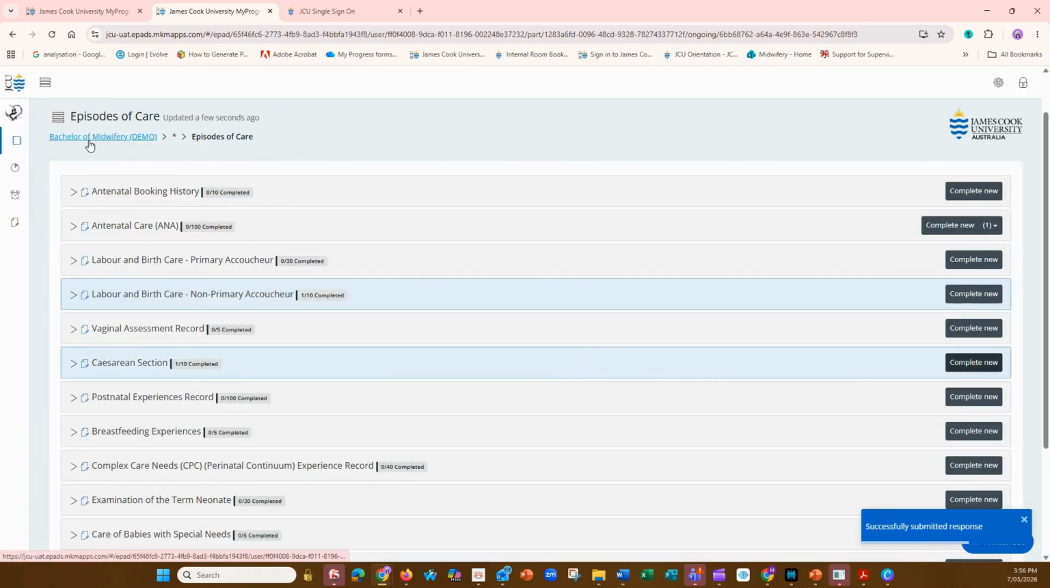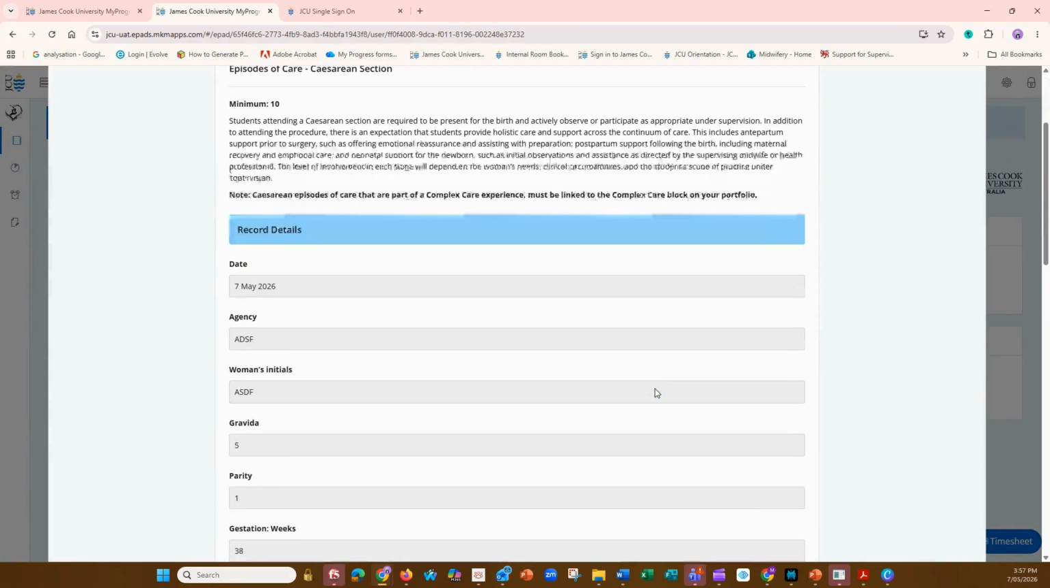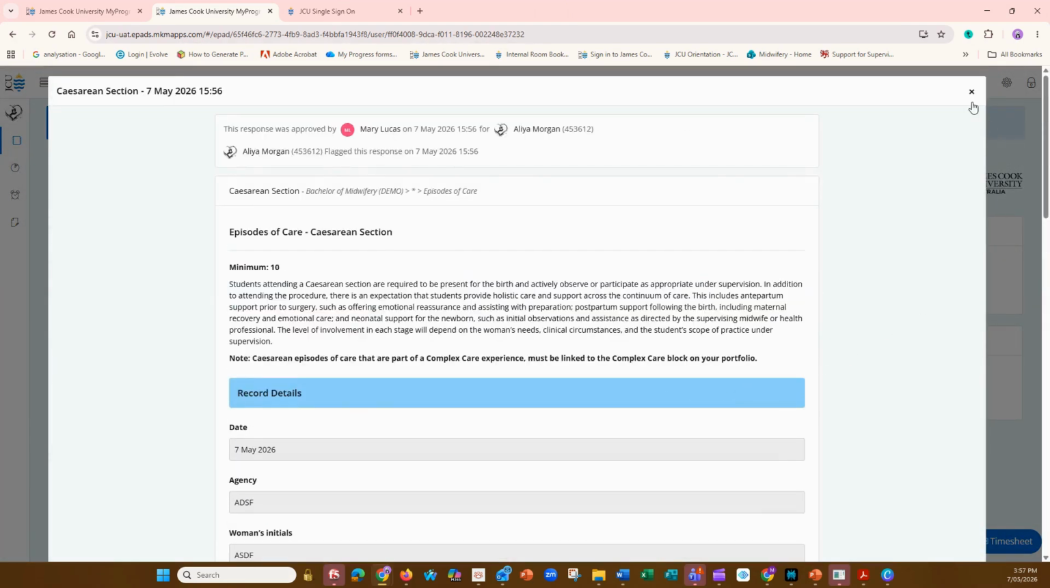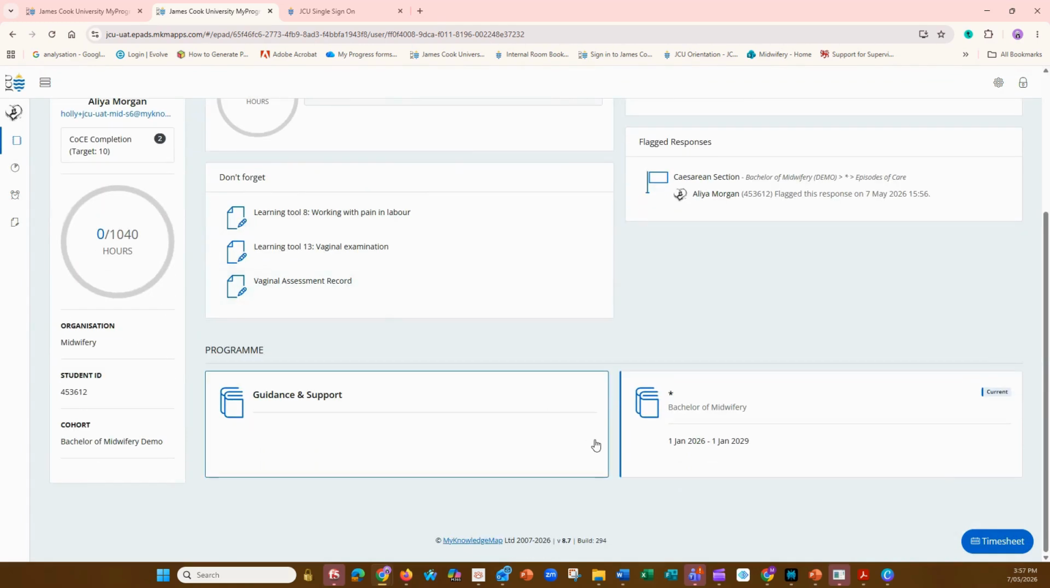Okay, and then if we go back to our dashboard by just clicking back here, you can see now that that's been flagged on the front screen. Another thing to note, you can click back into that and that'll bring you back to where that one was. Okay, but also, if we go into our episodes of care again,